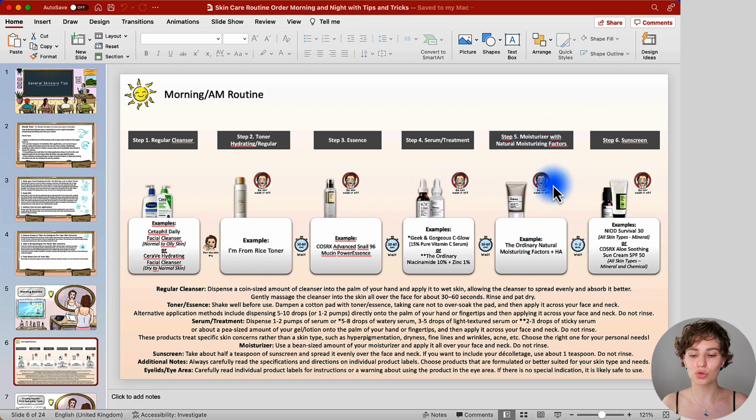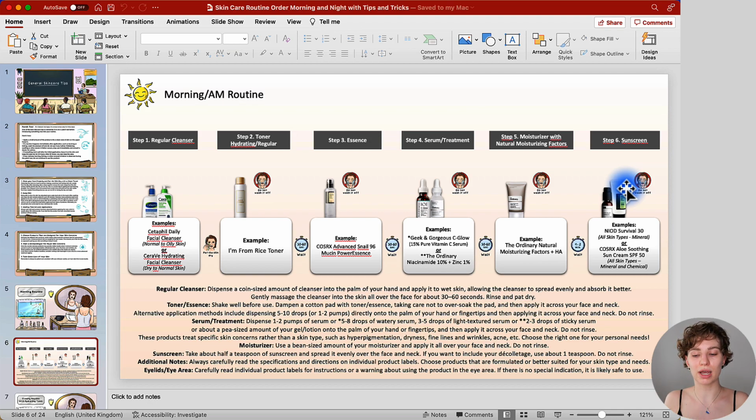And then moving on to the last optional step, this would be then your moisturizer, or with my example, using a moisturizer that contains natural moisturizing factors to rebuild and strengthen your skin barrier rather than just sitting on top and doing nothing. And so once you have applied that one, you're going to leave it on the skin. There's no need to wash it off. And then you're moving on to your sunscreen step. So your sunscreen is the last step in your skincare routine.